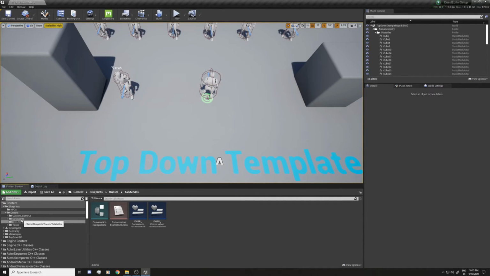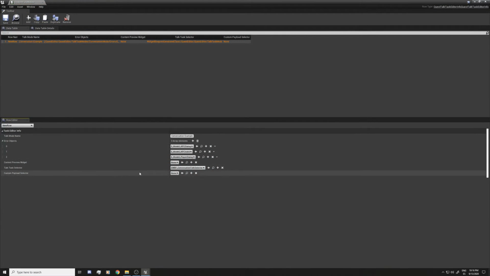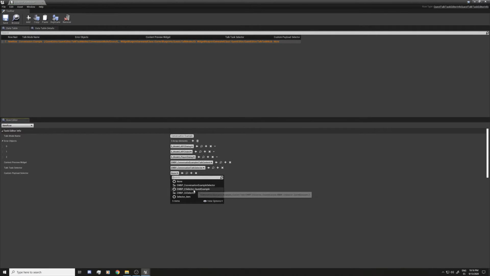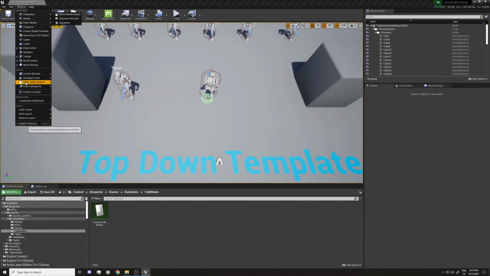and we need to put these two in the data table. So you go back to the data tables, talk mouse, custom. We're gonna go to the custom preview widget, and we should see here the conversation example talk content. And for this one, conversation example selector. So we're gonna save,